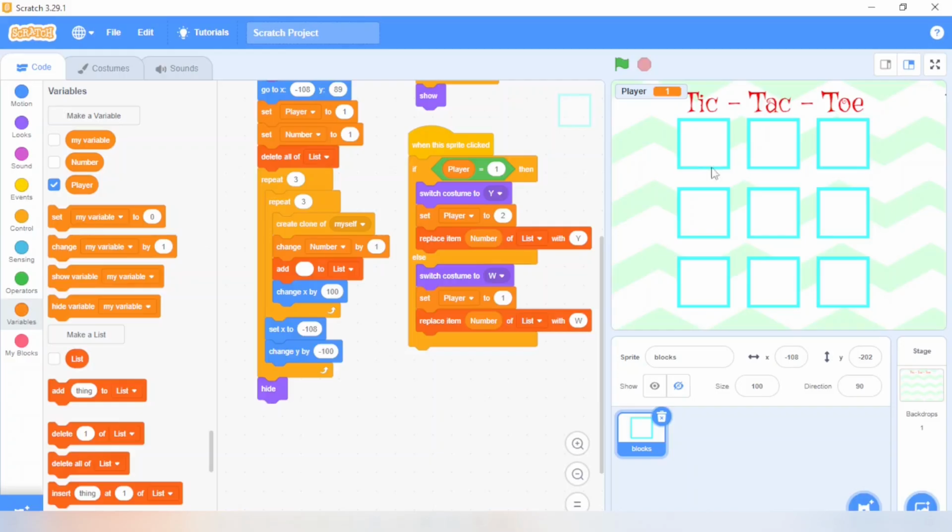Next, we want to set the coordinations. Here the coordination is like if it matches a row: all 3 rows, all 3 columns and 2 diagonals. So there are 8 combinations, and according to that we'll make the coding.